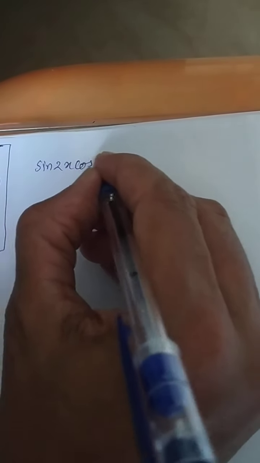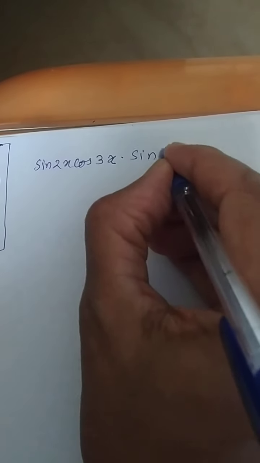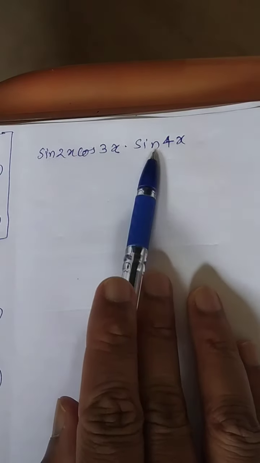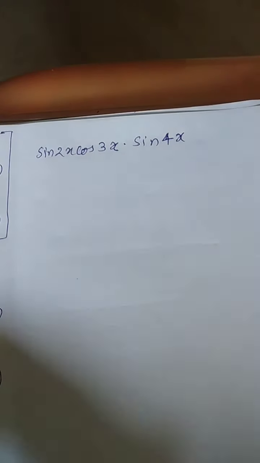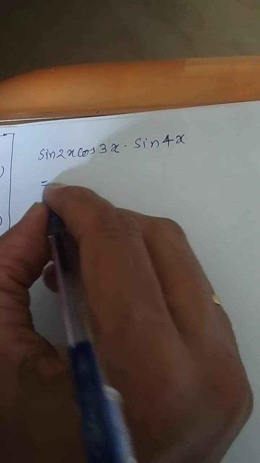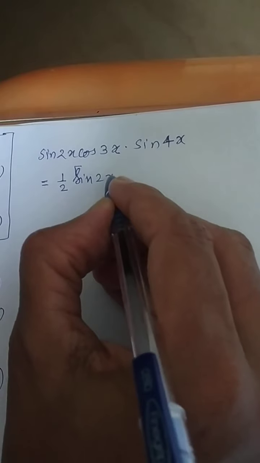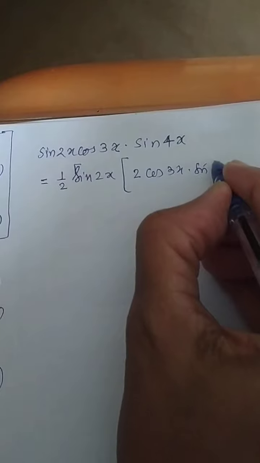Let us look at a new question which I am putting. It is given in a product. This is a question from class 12. It will be sin 2x cos 3x into sin 4x. Listen, this question can be asked in many ways. Over here all the 3 places I can write sin, all the 3 places I can write cos, somewhere cos and sin. So there are many possibilities. Now how to simplify? What is to be done? This is to be multiplied by half, and sin 2x I am just keeping outside and writing 2 cos 3x into sin 4x.